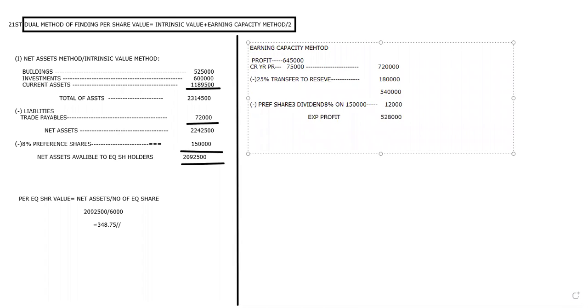So what I'm going to do simply, expected rate is equal to expected profit divided by